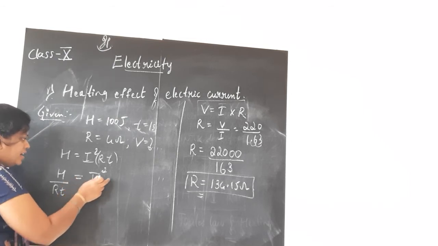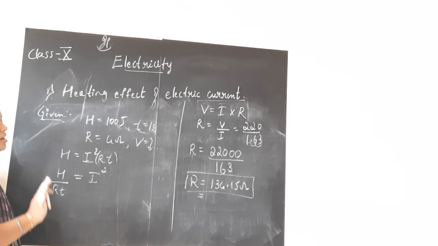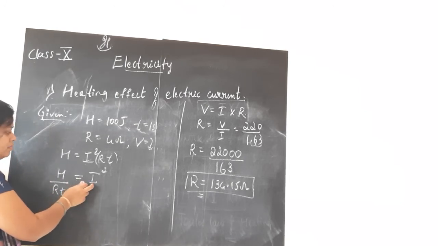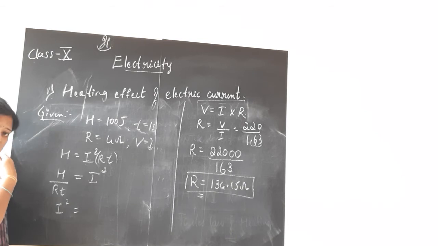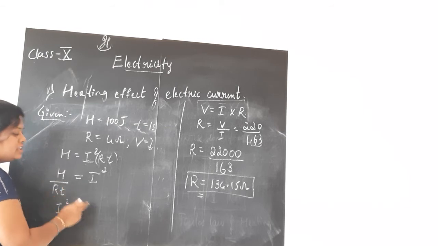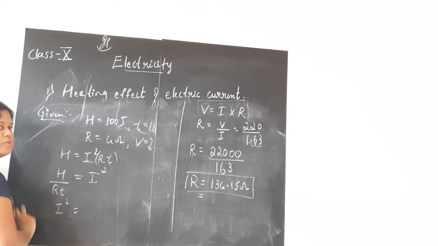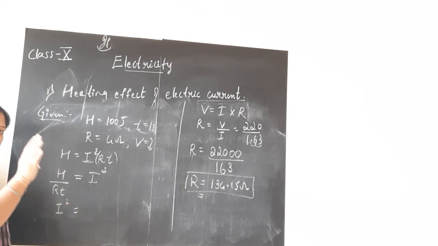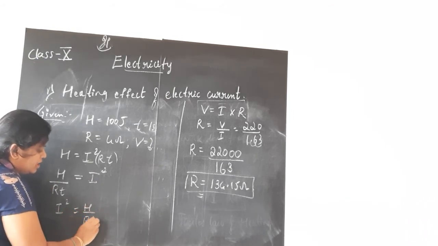Now, children, if it is confusing, you can keep it like this only and solve, no problem. But what I always do is keep the unknown quantity on my LHS. When I do so, please don't think that we are sending the term from LHS to RHS or RHS to LHS and changing the sign. That part of simplification is done. I am just swapping its position, that's all. You can keep it like this only and substitute. Please don't make a mistake. So I square is H divided by RT.